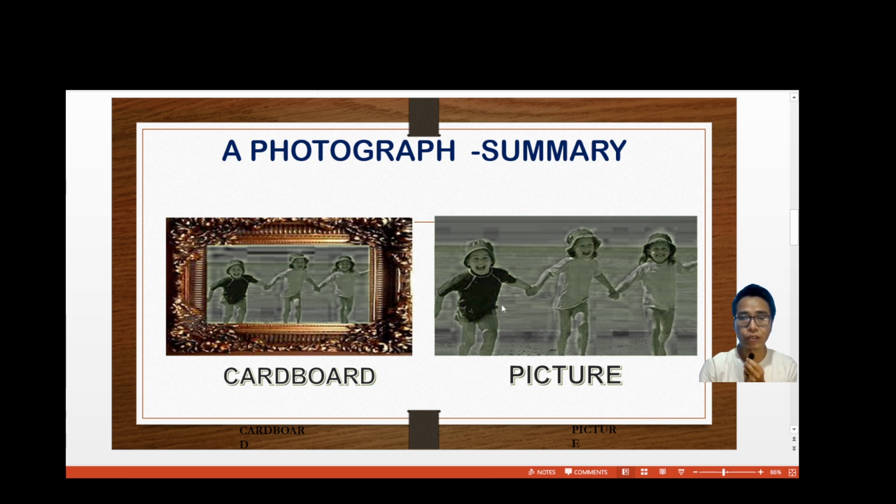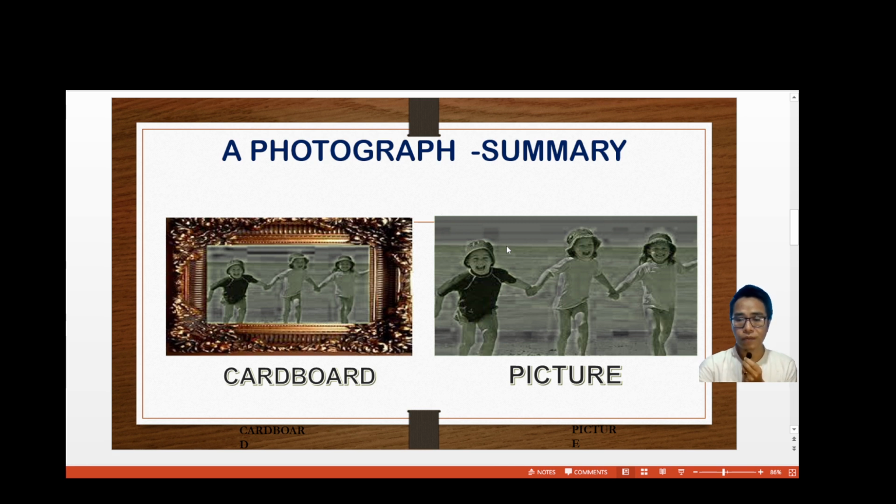And let me tell you, before we go into the summary part, in the picture you can see 3 girls, right? The 2 girls on either side are the cousins of the mother of the author, and the girl standing in the middle, holding the hands of both the girls from both sides, is the author's mother, that is, Shirley Toulson's mother. So she is in the middle holding the hands of her cousins.